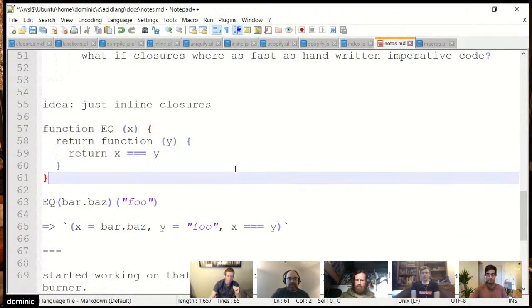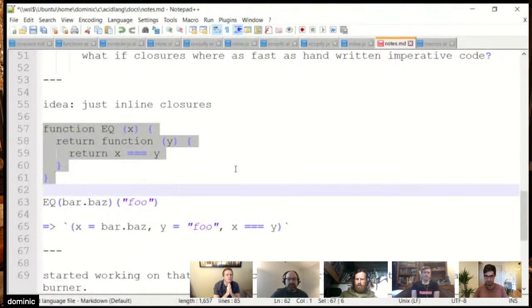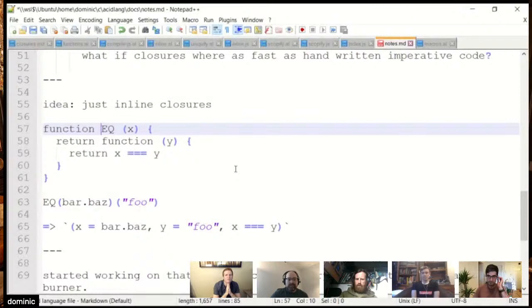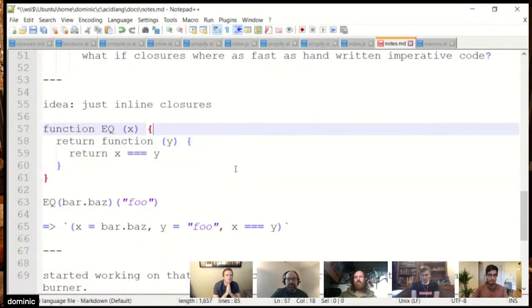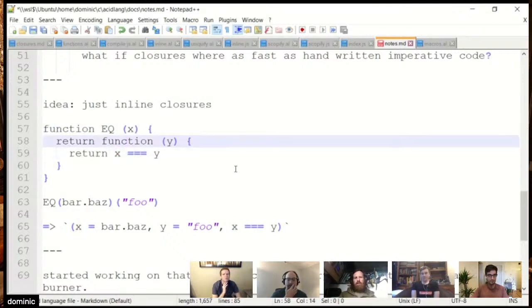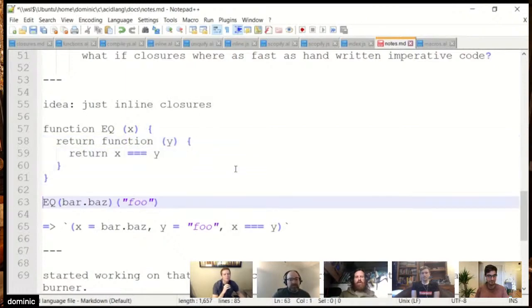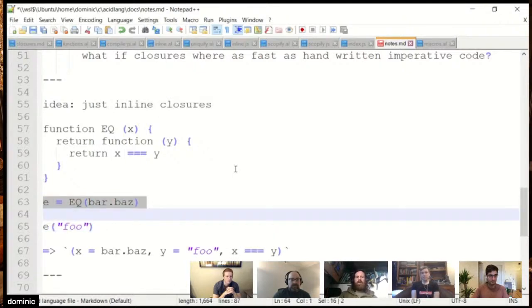Here's an example of what I mean. Here's a function called EQ. It returns a function that checks equality to something. So pass in some x. It returns a function that takes an argument that then checks the thing. Then you can create a thing that will check if something is equal to bar.baz.